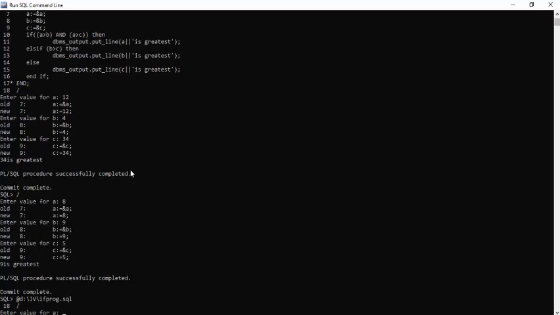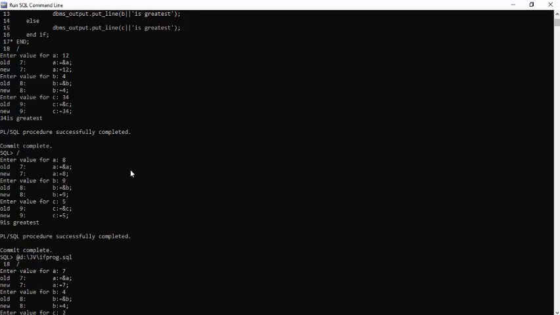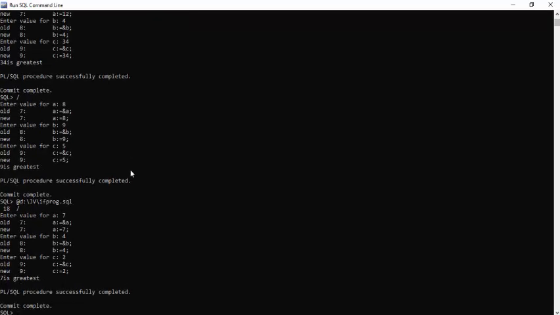So once again, we haven't specified the forward slash. So you have to give the forward slash here also. As soon as you give the forward slash, it will ask the value. The value is greatest. So this is how you can work with your PLSQL programs. To exit the terminal, EXIT. Fine.